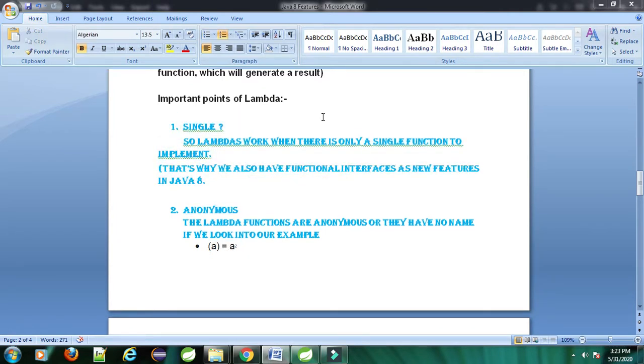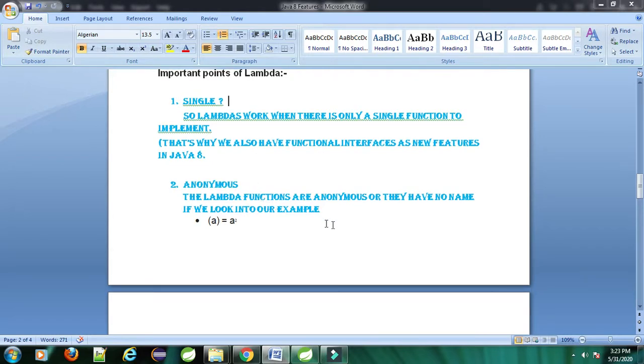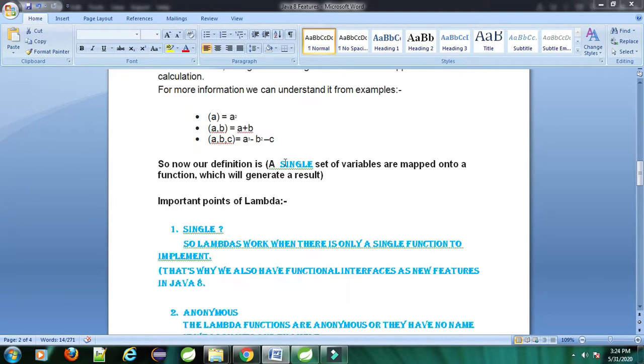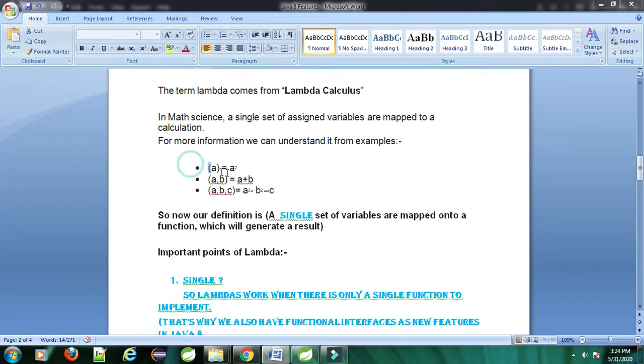Single means there is only a single function to implement, and anonymous means there is no need to provide any name. That is coming from lambda calculus, where variables are mapped onto a function and it provides a result.